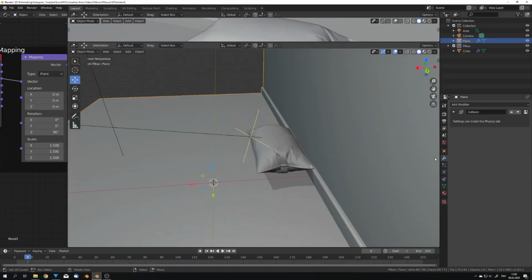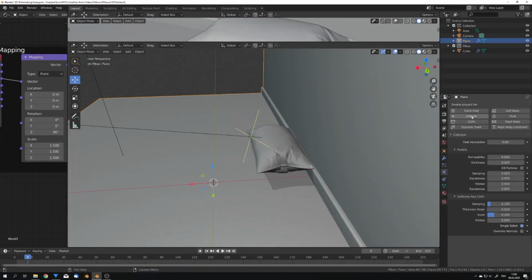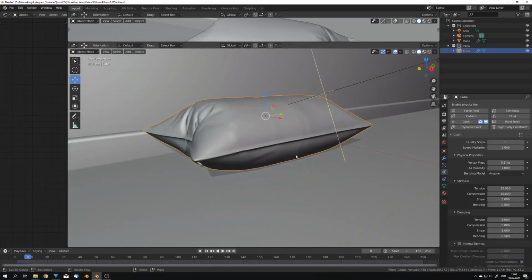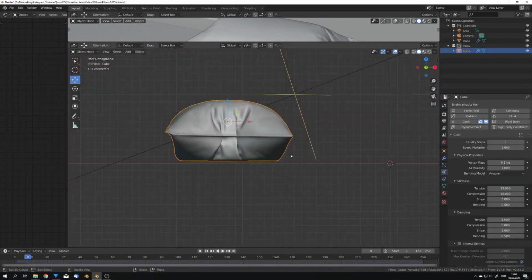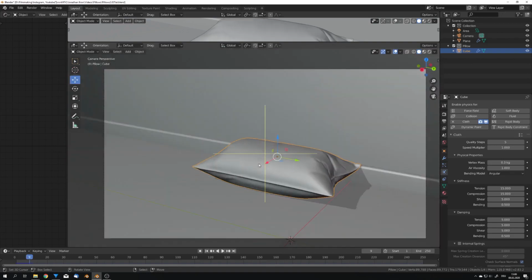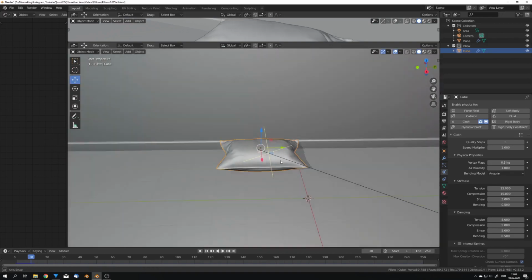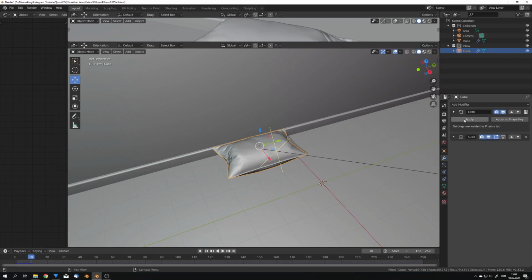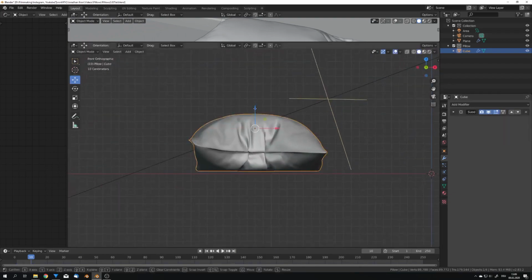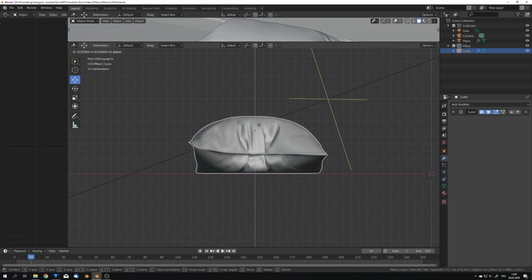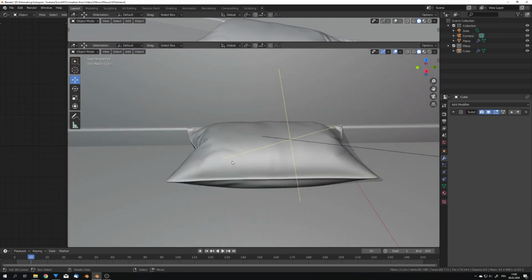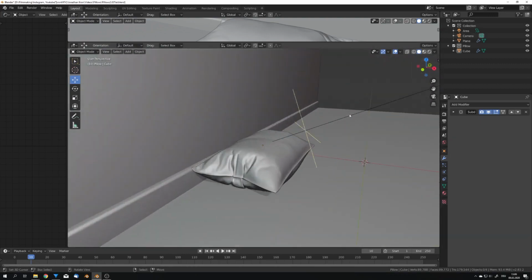I will also have to note that I of course enabled collision for my wall and ground, because otherwise this just won't work. So I'm just gonna choose a frame that I like, for example this one right here, and now we can again go ahead, apply the cloth and move it a bit down because the collision doesn't really work on this small of a scale. So move it down like this, and now I will have to adjust the depth of field of the camera